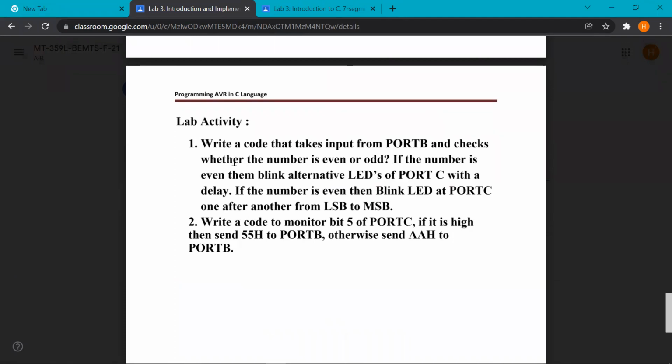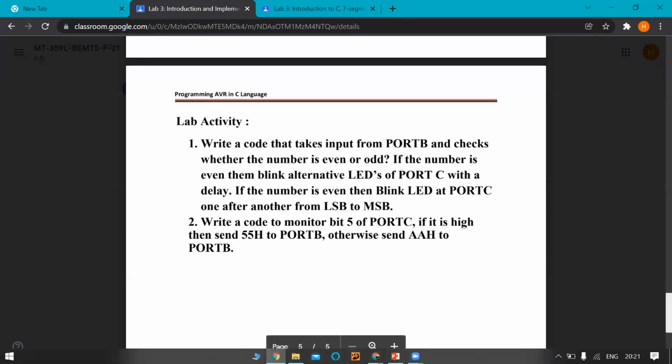In the first task, we have to write a program that takes input from port B and checks whether the number is even or odd. If the number is even, blink alternate LEDs of port C with a delay. If the number is odd, blink the LEDs at port C one after another from the least significant bit to the most significant bit. So coming to its program,